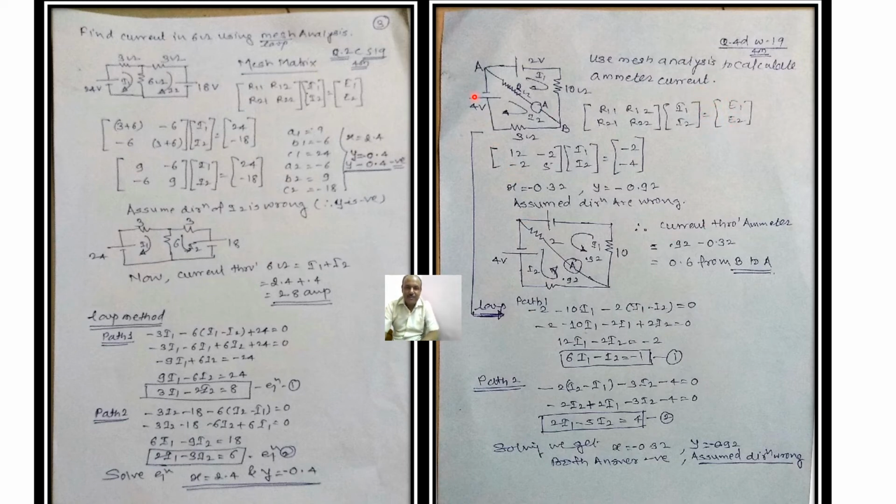Now here we travel in the first case. Here just look at that. Here 10 ohm resistance is there and this is 2 ohm resistance. So in this loop we have 10 plus 2 ohm. So what is the R11? R11 is 12. Now R22, let us go for R22. So what is R22? Here we are having 3 ohm, here we are having 2 ohm.